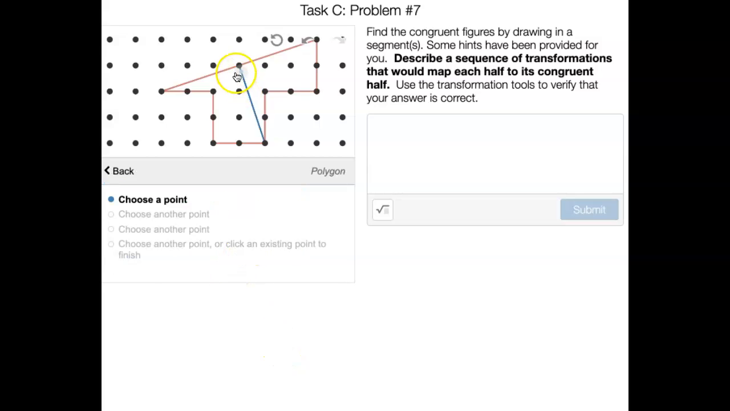Use your polygon tool to outline one of them. Dang it, it's being a little pain. Maybe I'll do this one instead. Okay,